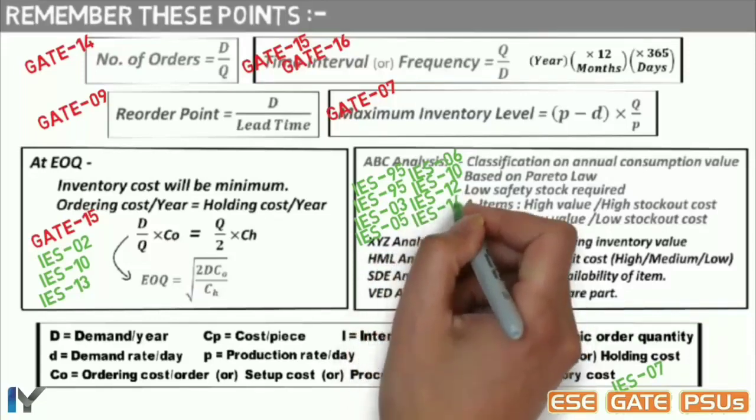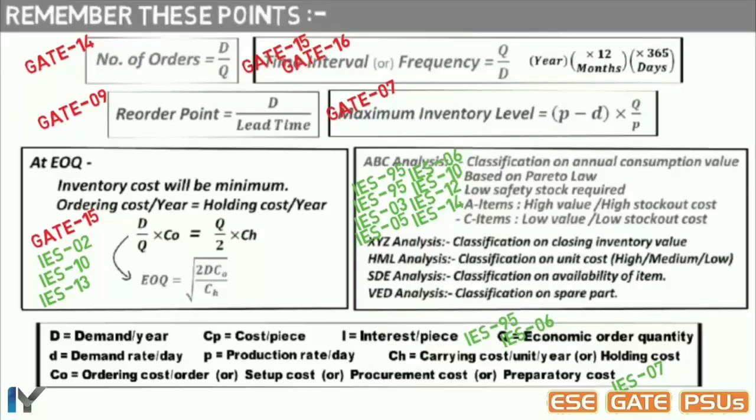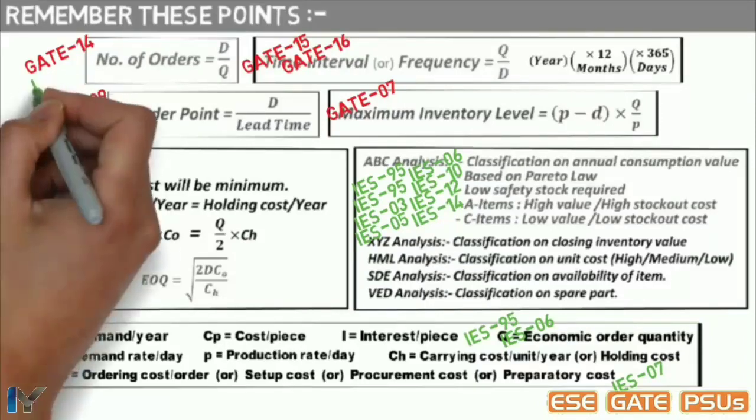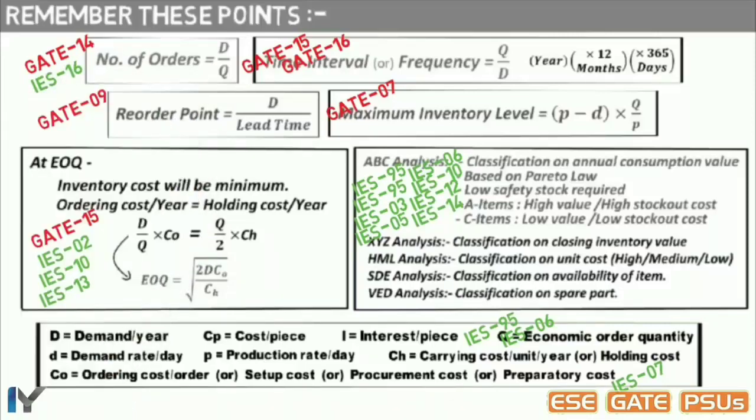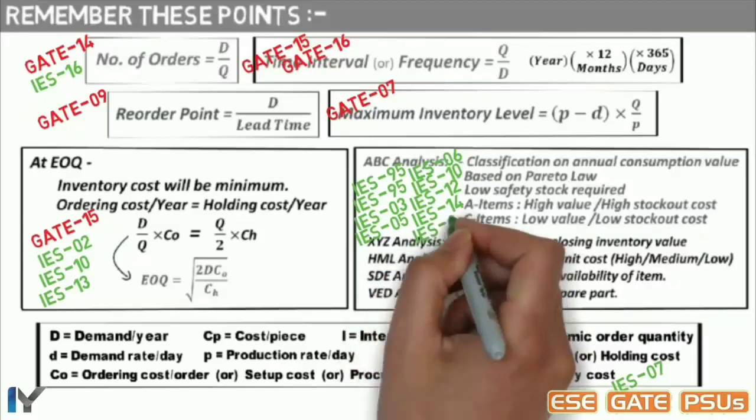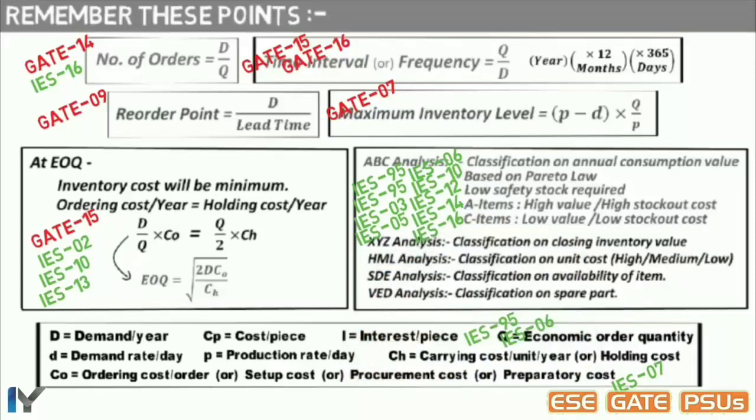In IS 14, ABC inventory control of spare parts, the items A, B and C respectively refer to high stockout cost, then moderate stockout cost, then low stockout cost. In IS 17, a numerical was there asking number of orders. So first find your EOQ and then number of orders. In IS 16, an organization uses ABC approach for categorization of the stock. Which of the following describes class C items? So the answer will be low value and low risk items.